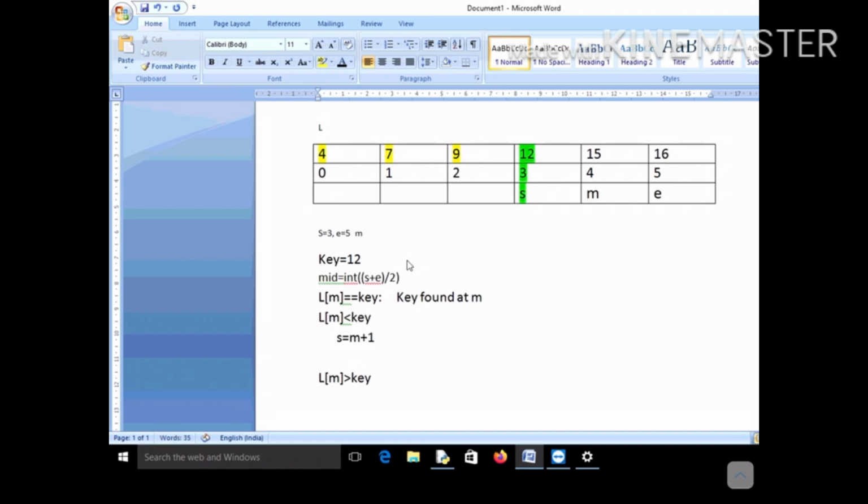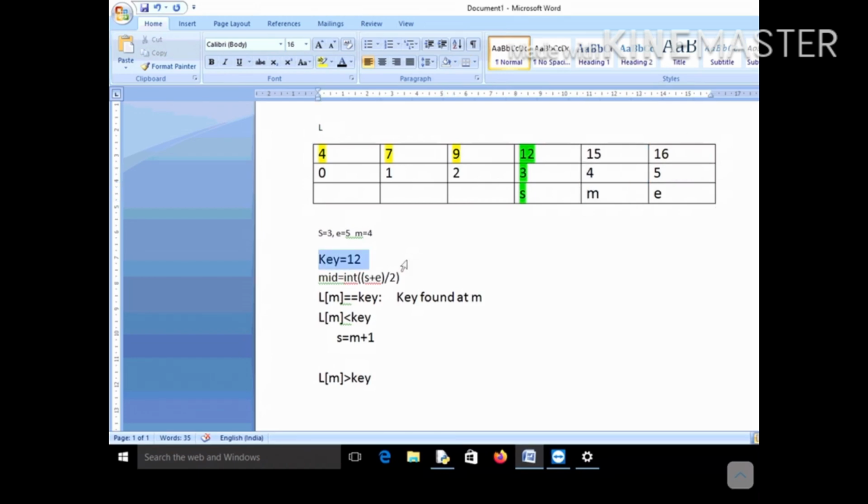So mid will be the integer of (3 plus 5) by 2, that is 4. So m will become 4, and m will now point to this particular element.